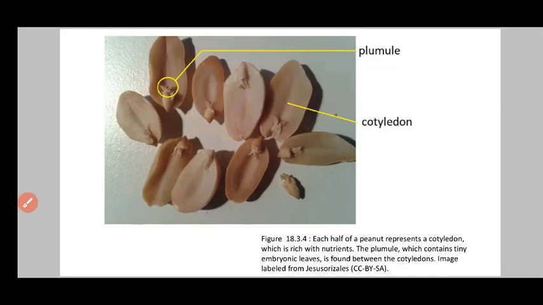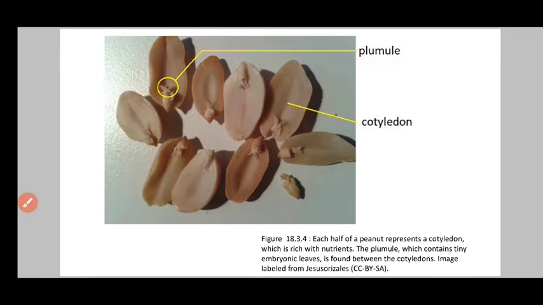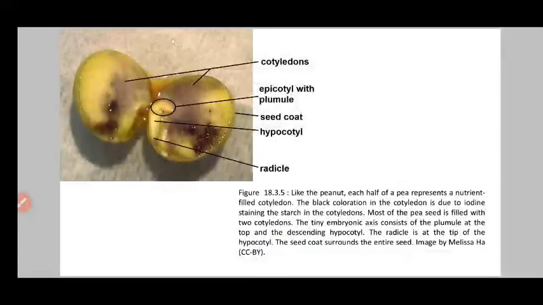So the peanut is your dicot. Okay, the presence of this part is your plumule. Plumule means that it has to grow the shoot apical meristem and shoot primordia. Okay, and in case of your peanuts,